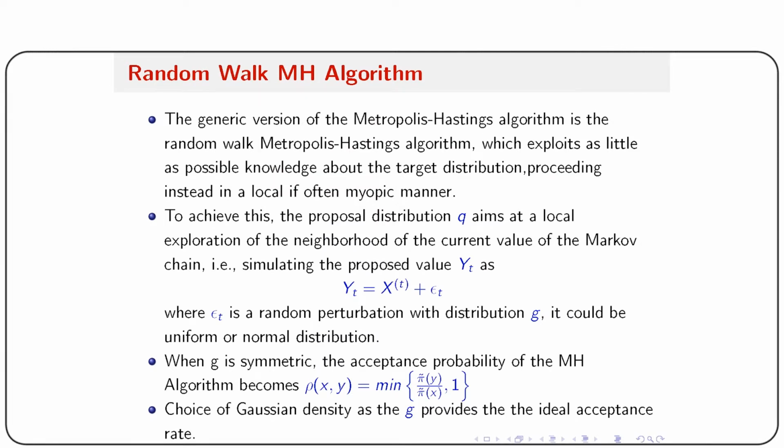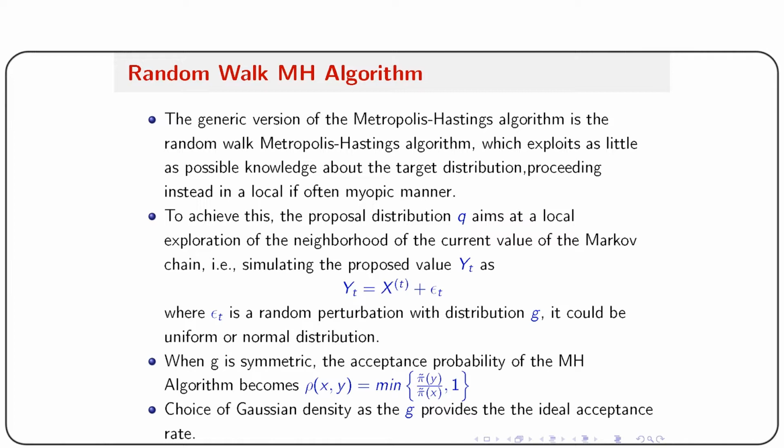Now we'll move on to the random walk Metropolis-Hastings algorithm. The generic version of the Metropolis-Hastings algorithm is the random walk Metropolis-Hastings algorithm, which exploits as little as possible knowledge about the target distribution, proceeding instead in a local, if often myopic, manner. To achieve this, the proposal distribution Q aims at a local exploration of the neighborhood of the current value of the Markov chain, that is, simulating the